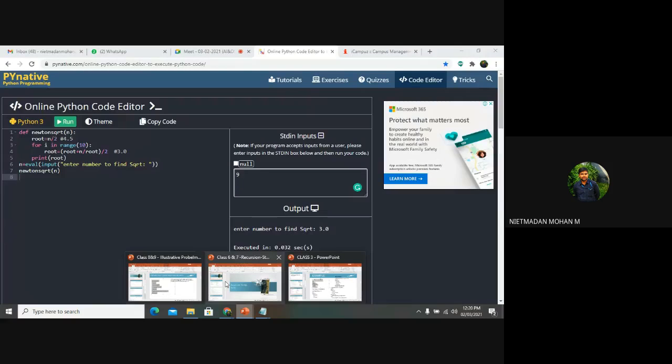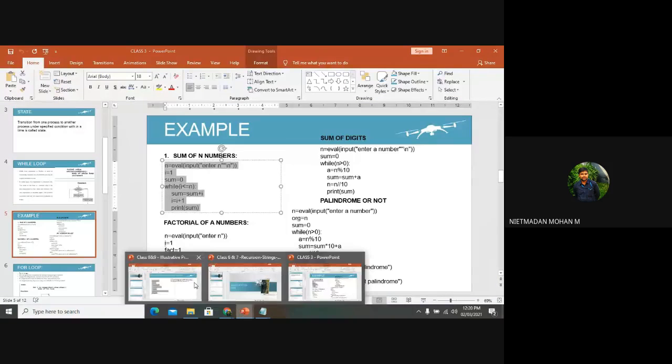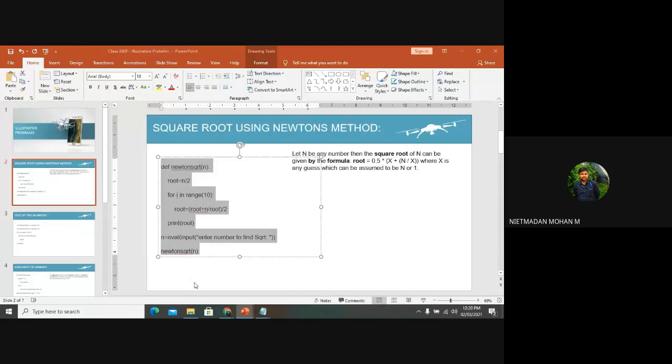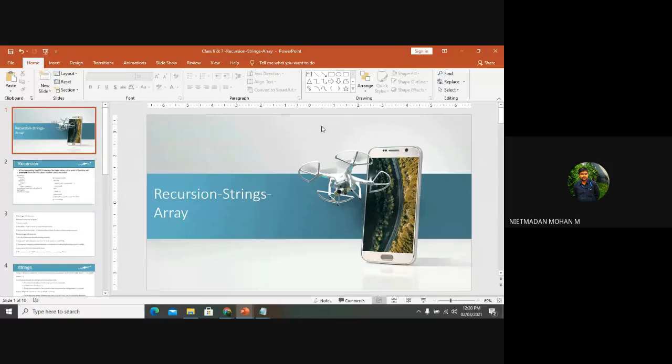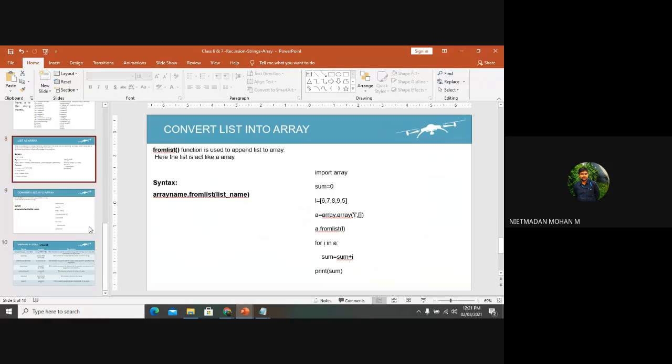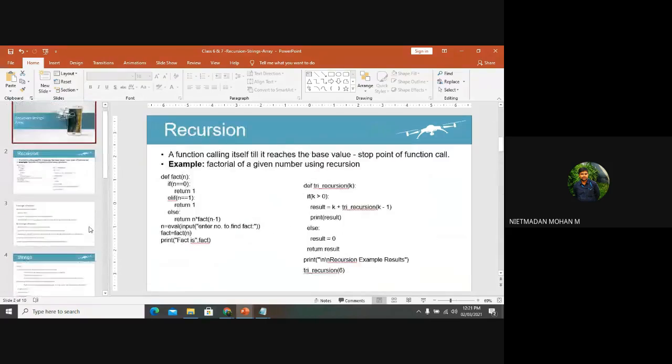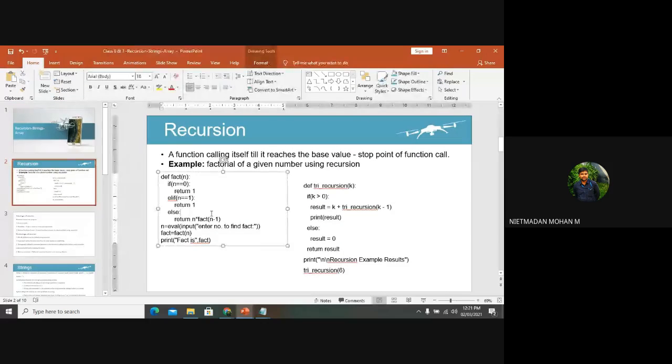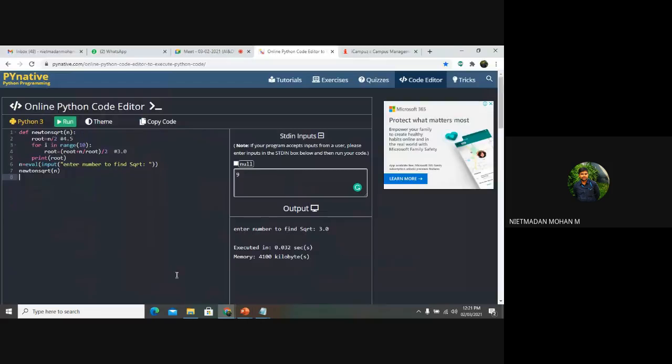And yesterday you asked some doubts, right, about finding the factorial numbers. So I will tell you that first. I will finish off this and go to the next. Do you remember about this? Yesterday someone asked me this doubt.